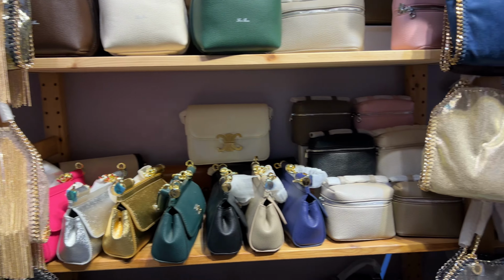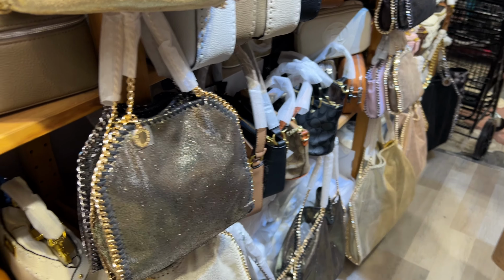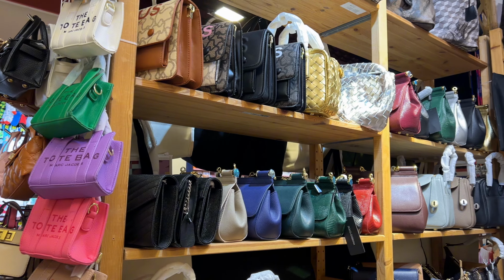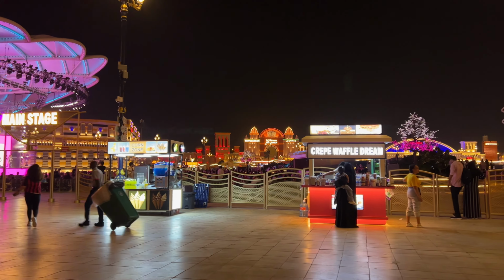Yeah, this is a dupe shop. How cute are these mini ones? I don't know if anyone would even be able to tell. I mean, I'm not into my luxury stuff, so I have no idea, but I thought they looked pretty cool. After the Thailand area, we ended up going to the main stage and they had live performances there,